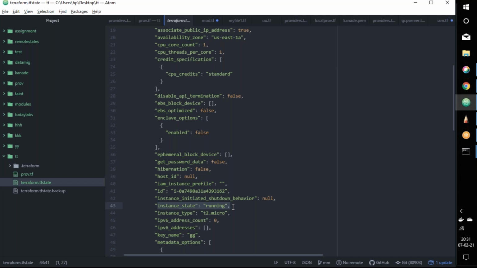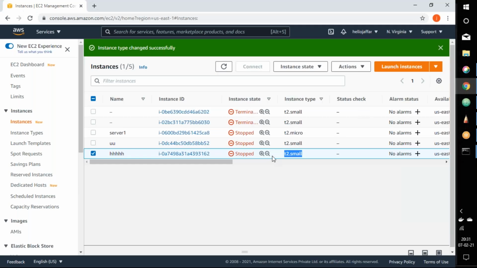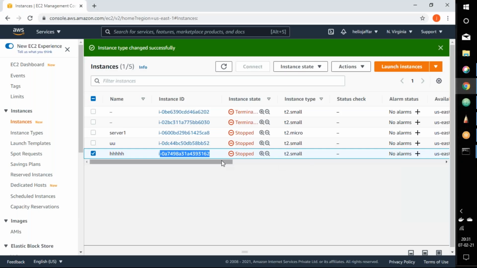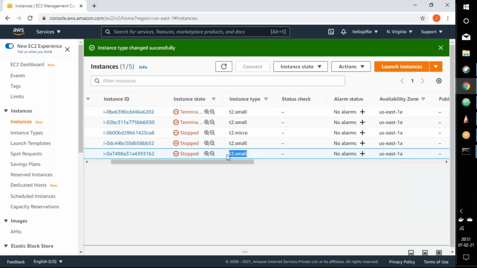The instance state is running, but we have stopped the instance here. But there is no effect in the state file. And if you look there, instance type is t2.micro. And if we look here, the instance type is t2.small.